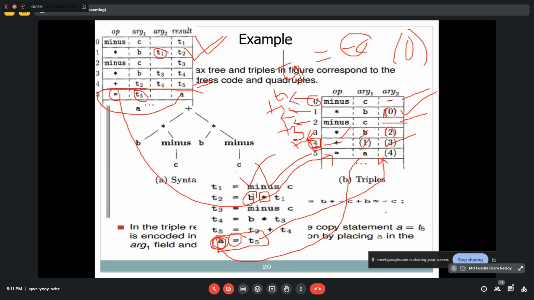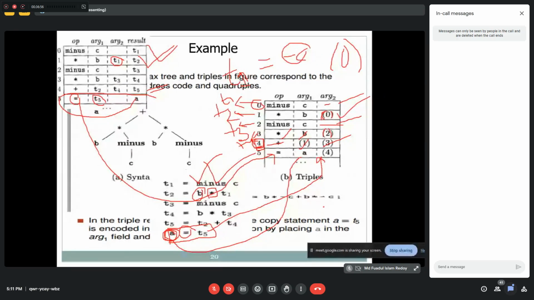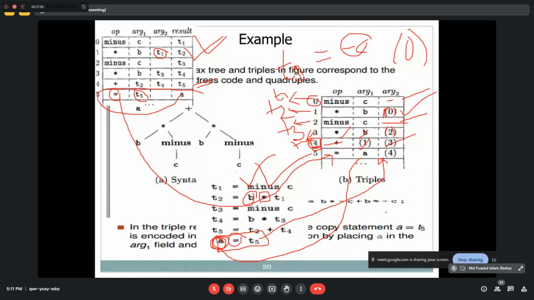স্যার, এখানে A আর্গুমেন্ট 1 আর T5 কি আর্গুমেন্ট 2? এখানে তো T5 আপনি ইউজ করতে পারবেন না, তাই না? T5-এর রেজাল্টটা কই আছে বলেন? 4 এ আছে, তাহলে 4 হচ্ছে আর্গুমেন্ট 2। ইন কেস অফ রিপ্রেজেন্টেশন অফ 3 এড্রেস কোড, এইটা অনেক কেয়ারফুলি হ্যান্ডেল করতে হবে।